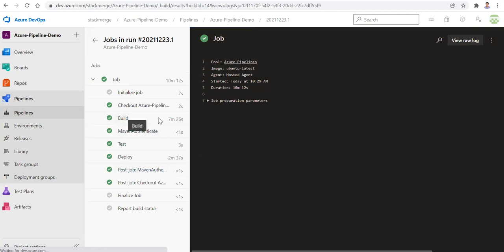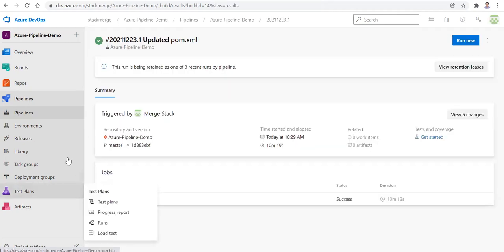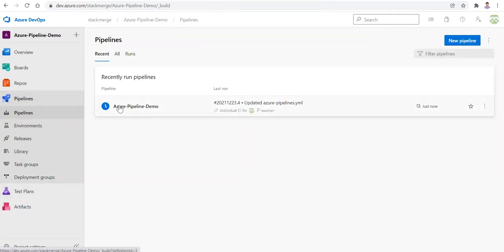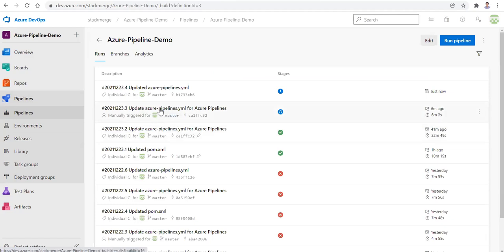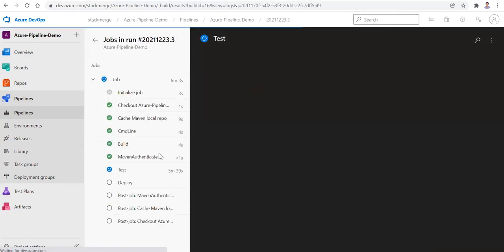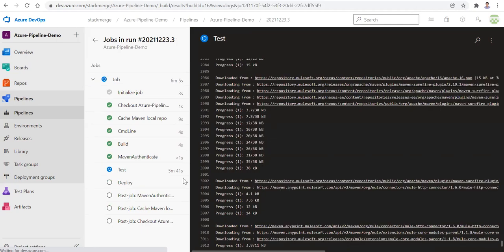Now you see build, it took around 7 minutes, and this one took around 2 minutes. So 7, almost 10 minutes, right? So let me go back to the current running one. It's still running the test.